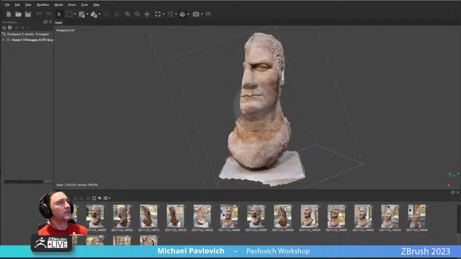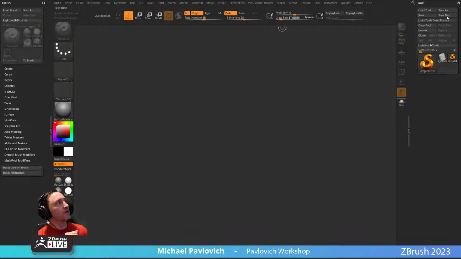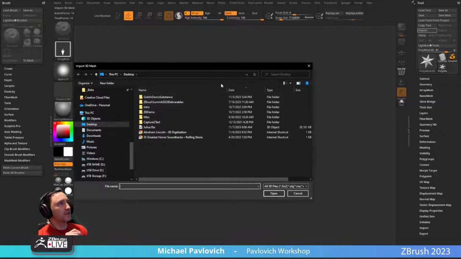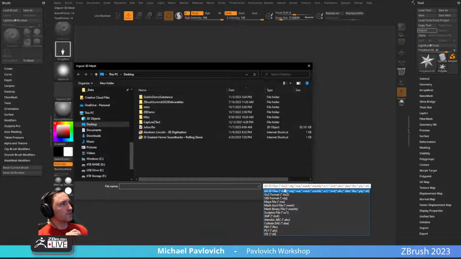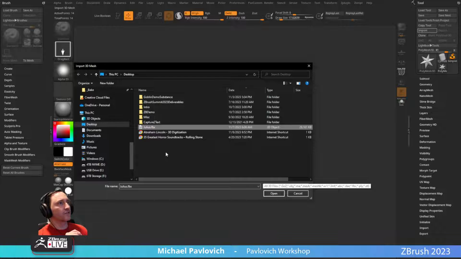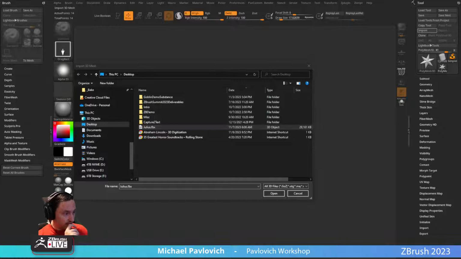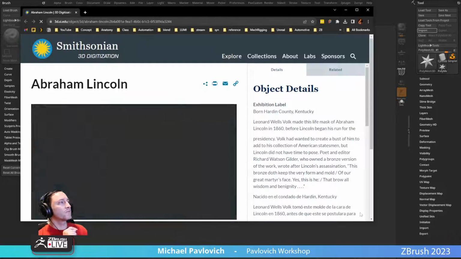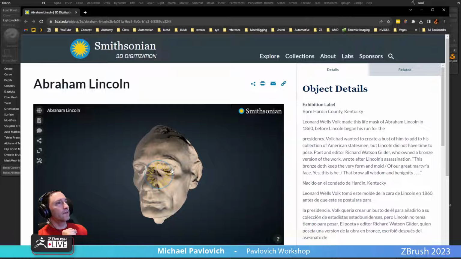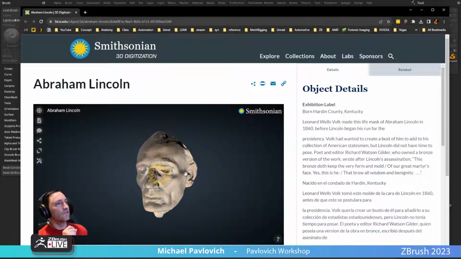Hello, hello. All right, everything's all done. So let's hop into ZBrush now, and we'll go in here to imports. And ZBrush, in case you didn't know, it can import all sorts of cool stuff, one of those being FBX. There's our Julius FBX. Also, my friend Matt Keen clued me in on, for example, the Smithsonian has a bunch of their models available for